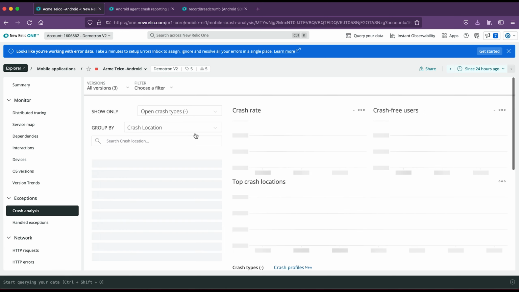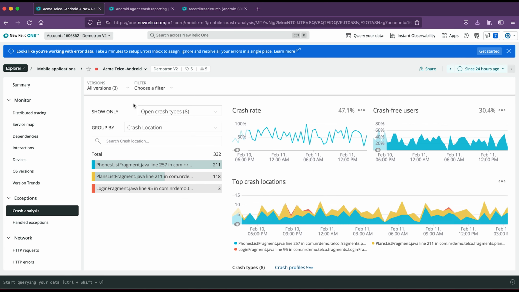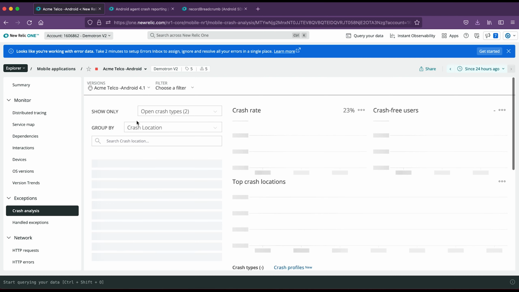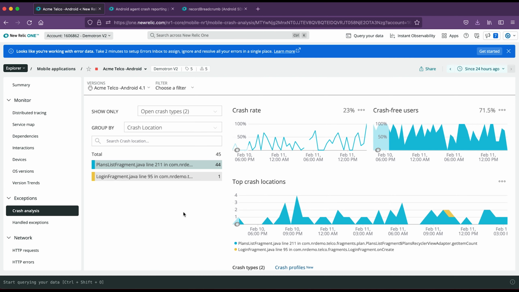And then let's say we have a new version of the mobile app released and we want to understand what crashes have been happening in the app, because crashes hugely affect users' experience. We want to get them fixed. By default, we are grouping the crashes by crash locations.